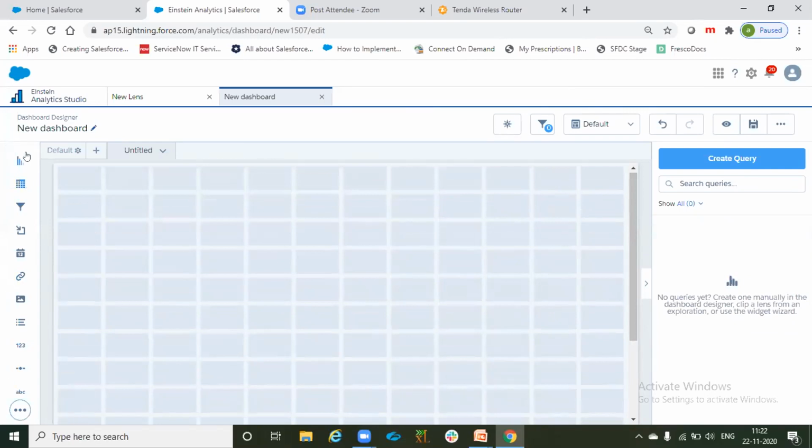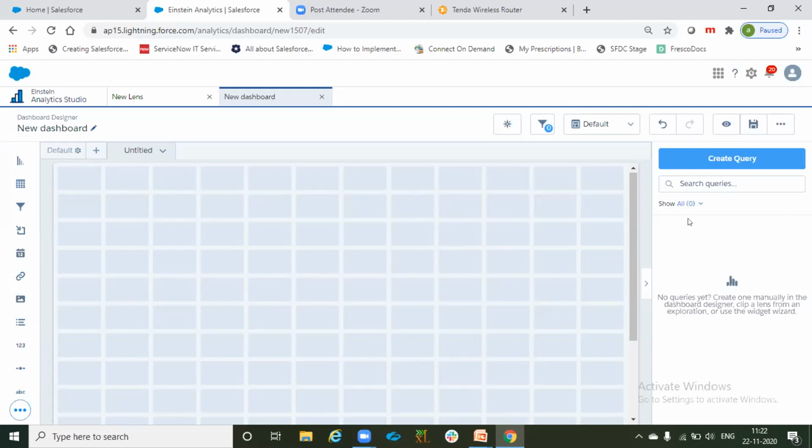All the widgets means if we want to put a chart over the dashboard, a table, filter, dates, all are very important to create a dashboard, and each widget plays a very important role in achieving our requirement. I'll show you what these widgets mean. On the right hand side, as of now, this is our empty dashboard.